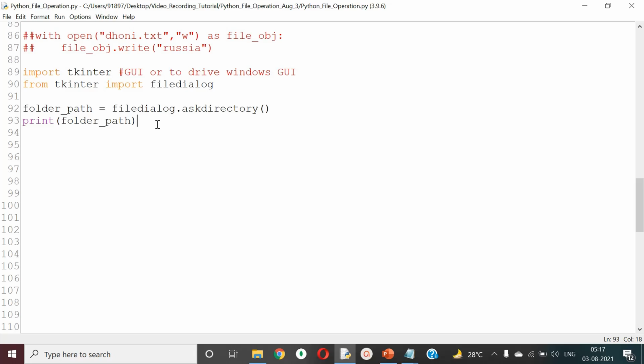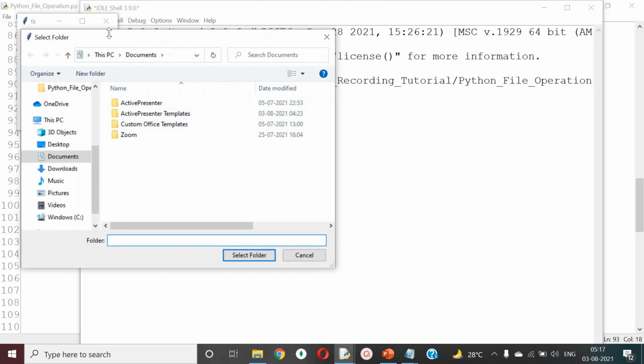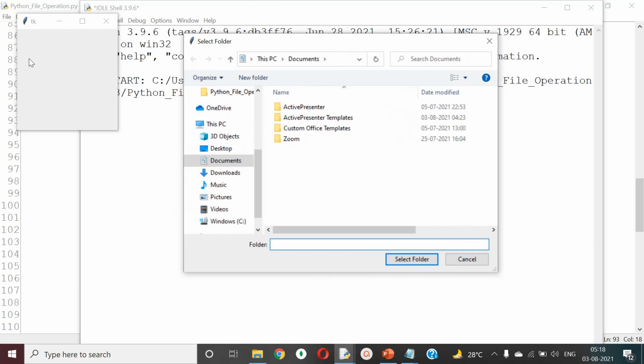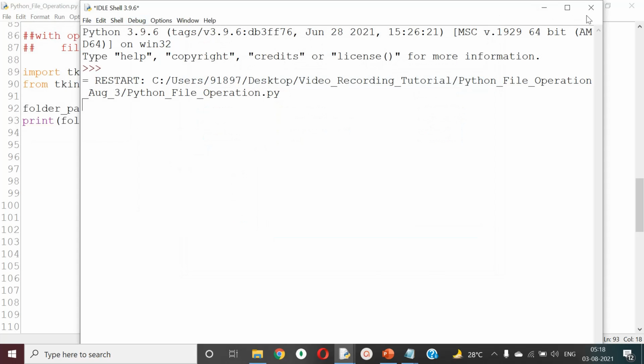One more thing is that Tkinter will always be driven by the root directory. That's why when you run F5, you see there is a small Tkinter icon that gets created. This is what we call a driver file. It drives your file. It actually ignites your dialog boxes. So this small box is not at all needed for us, because this is just a driver file. It's supposed to happen in the background, but unfortunately because of the evolution, it appears on the screen as well. But that doesn't look so good.